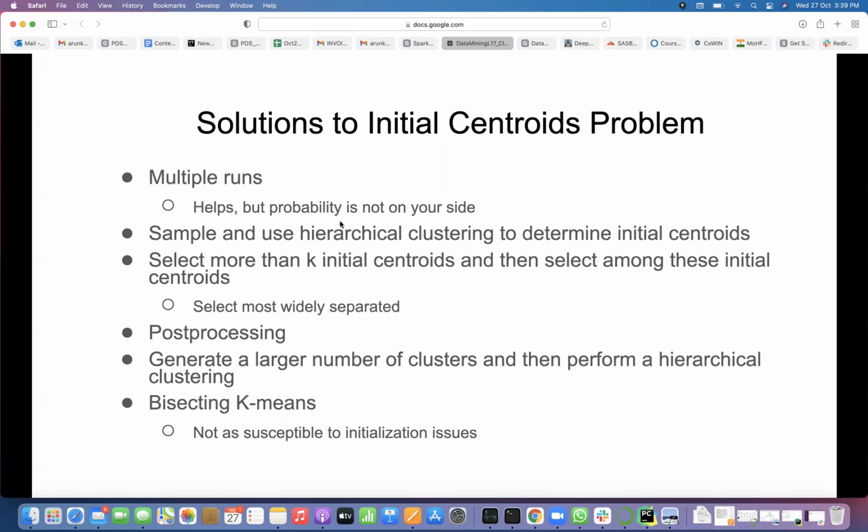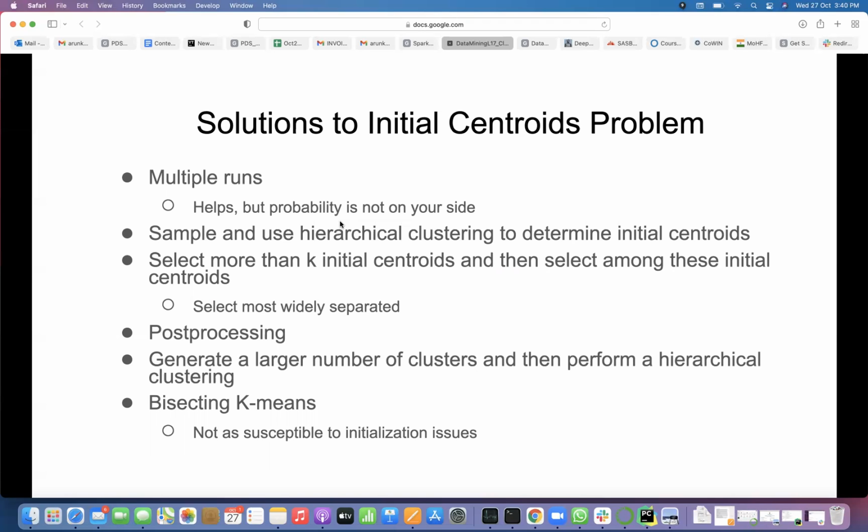So you can sample and use hierarchical clustering, meaning first you take only a sample. For that sample you build your clustering, then you'll get k centroids. Use those k centroids as initial centroids for the bigger data, say 1000 elements. First for 100 points you will find 3 clusters, suppose k equal to 3 centroids, you'll find only for 100 points. Then you include 500 points among these 100, then you will get 600. That's why it is called hierarchical.